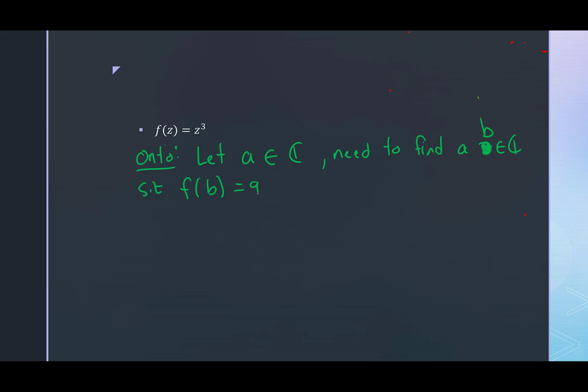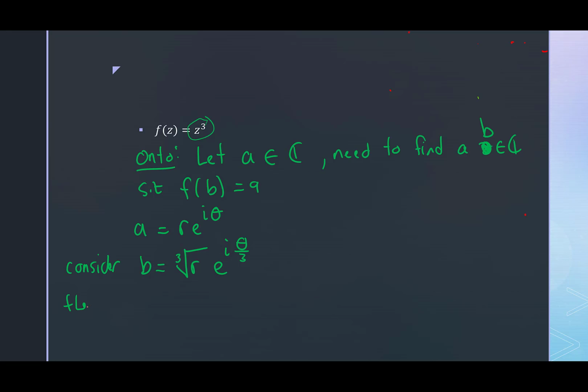Okay, so how do we do this? Well, let's take a, and we're going to follow in the exponential form like we did with one-to-one. Let's write a as r e to the i theta. Now let's think, what's a number that we could plug into f to get this as our output? If you think about it for a little bit, let's let b be the cube root of r times e to the i theta over 3. And hopefully you see where I'm getting this, by the way, because we're going to plug it into the cubic function. So consider this as our b.